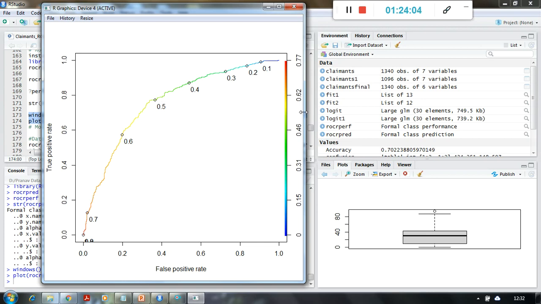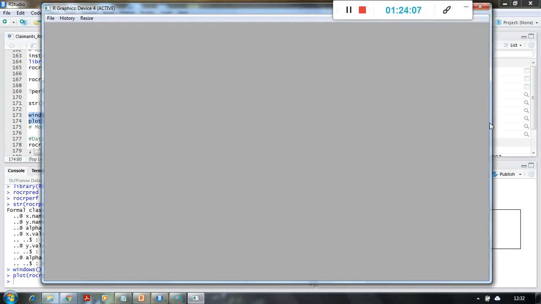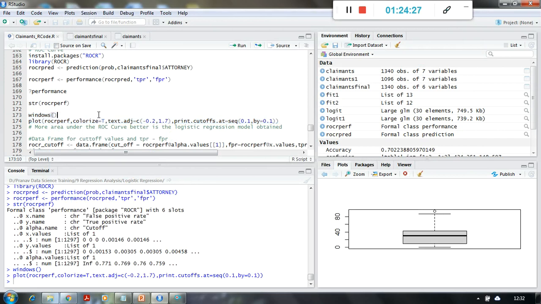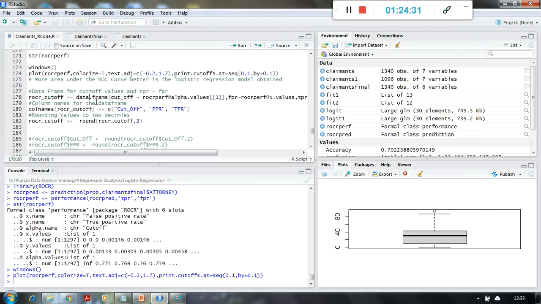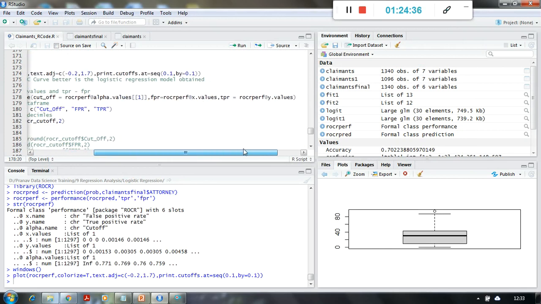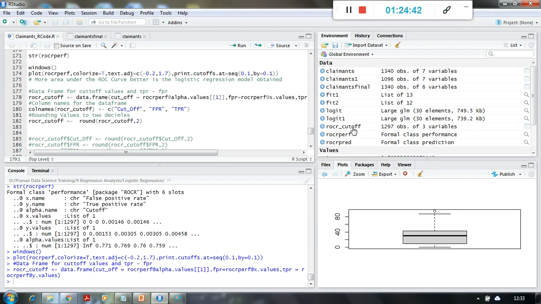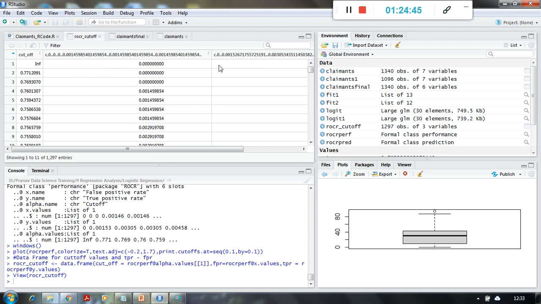Okay, but this is all subjective. Why? Because if I change the shape of the curve, you might find that the point has now gone closer to 0.6 instead of 0.5, right? So this is subjective, but this is just to get an idea of where it is probably lying. So the idea we have got is that it is lying between 0.5 and 0.6, and because of that, I am going to create a data frame of all these cutoff values with respect to FPR and TPR values, and store it into the data frame, which looks like this.